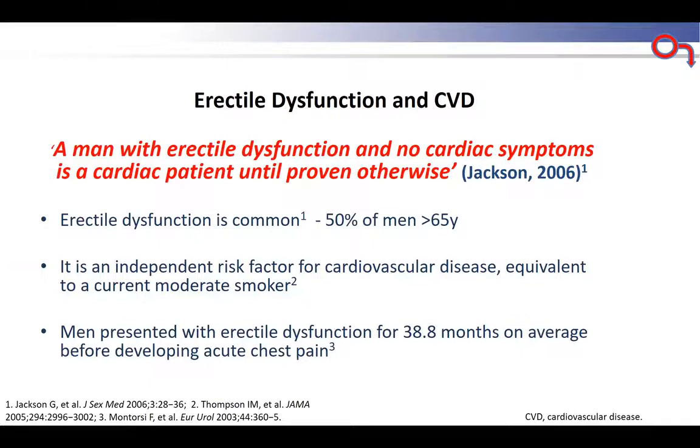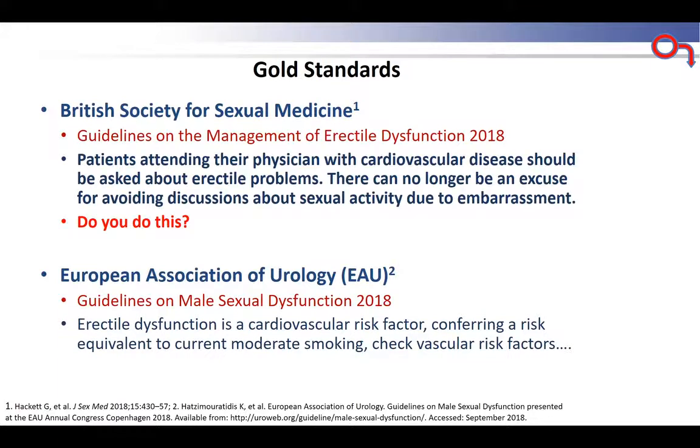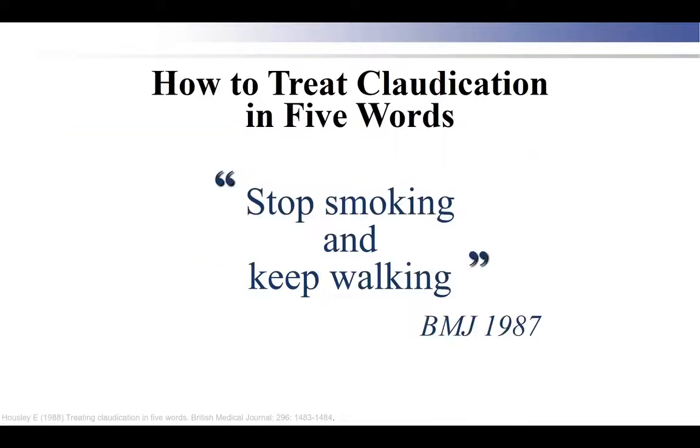So those of you doing risk factor clinics, folk who have not had a myocardial infarction or those with angina, this is a big warning sign for you. And the big problem is that people don't ask. And I would ask you in yourselves, do you actually ask your patients at your clinic? And if you don't, you really should. Here's the recommendation from the Society of Sexual Medicine, and it really is something that's very important because A, you can treat it, and B, it is a marker for a future event, and you need to be very aggressive in managing risk.